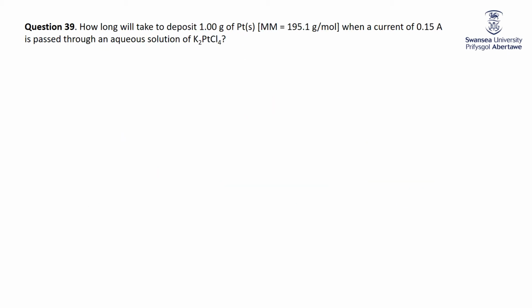Last question, you were given information about charge and you were asked about grams. Here we're given grams and we're effectively asked about charge, because we know the amps and we're asked for the time, how long. So first thing we do when we see grams is always turn it into moles, divide by the molar mass. So we have 0.00513 moles of platinum. Now where does that platinum come from? It comes from